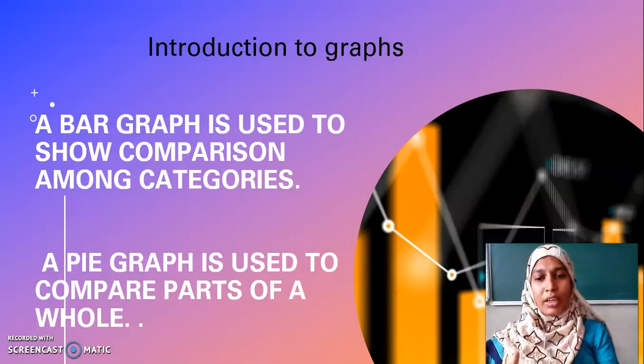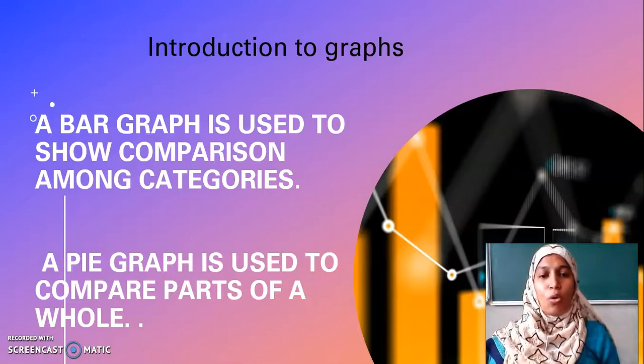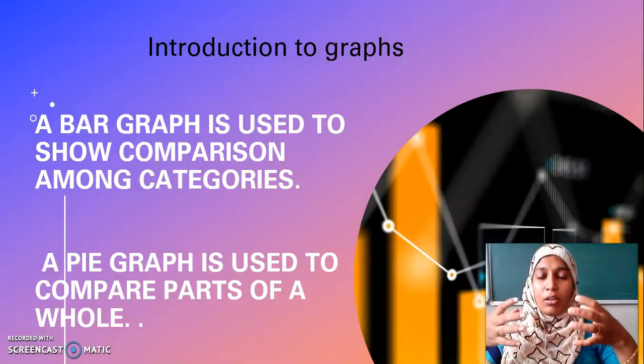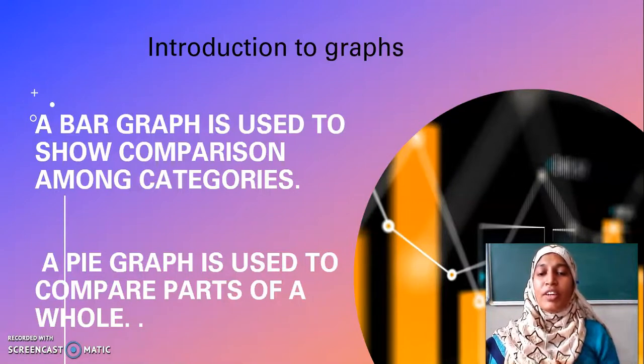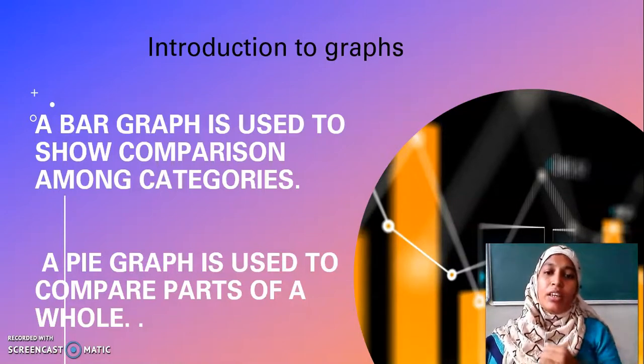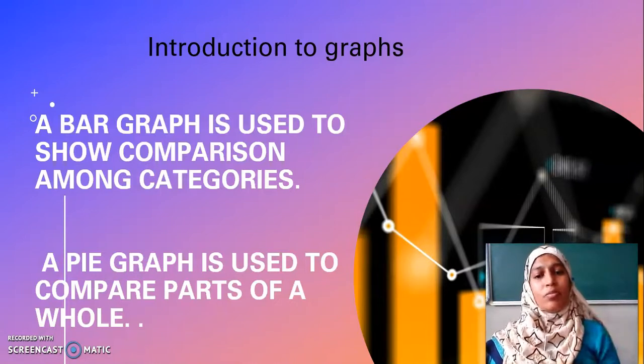Okay. Now when I come to pie chart or pie graphs or circle graphs, these are used to compare parts of a whole. All the categories can be put under the one whole. For example, if I say marks of an individual, that individual is a whole. Am I clear to you, my dear children? Here also I compare categories of that child. So a pie graph is used to compare among categories and it shows parts of a whole.